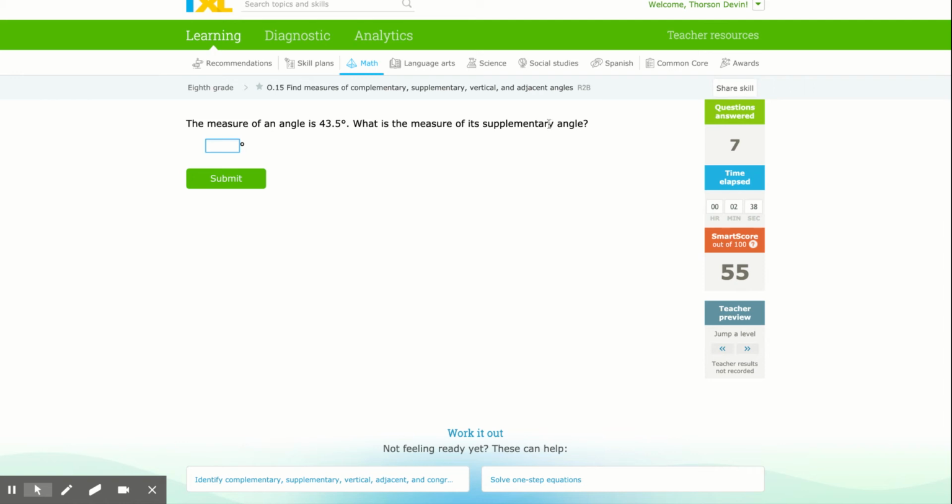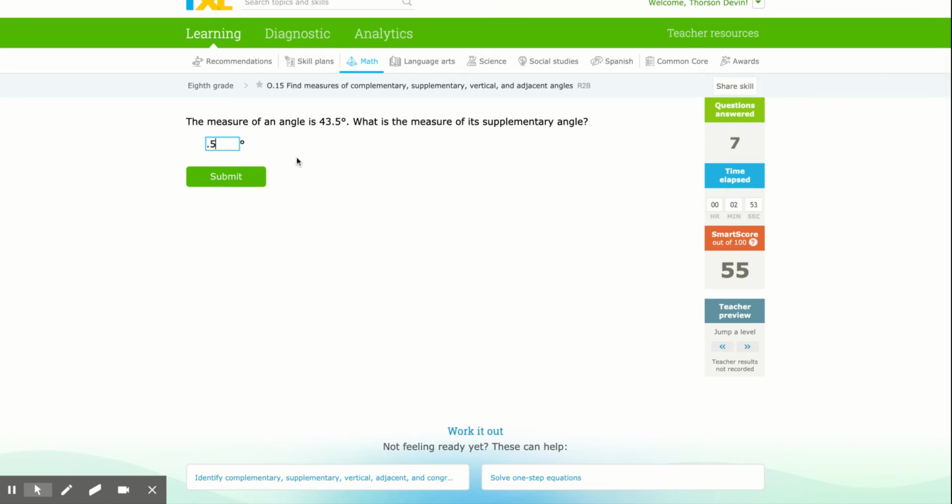Supplementary adds up to 180. So now they're using a decimal. If you need to use a calculator, by all means, use a calculator. But I need to subtract 43.5 from 180. And I know it's going to end in a 0.5. Then I have to borrow, that's going to be 9 minus 3 is 6. And then I had to borrow from the 8, 7 minus 4 is 3. So it'd be